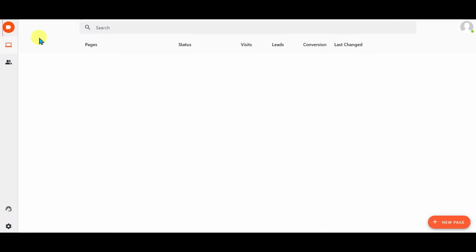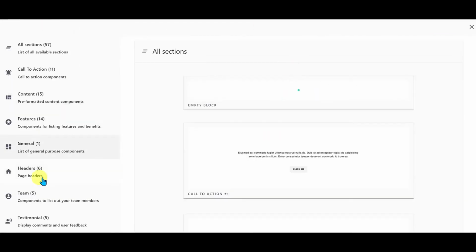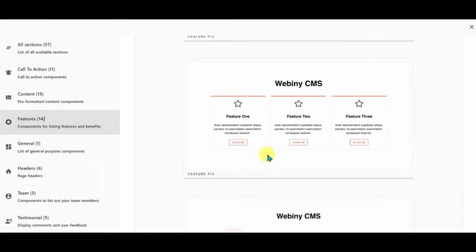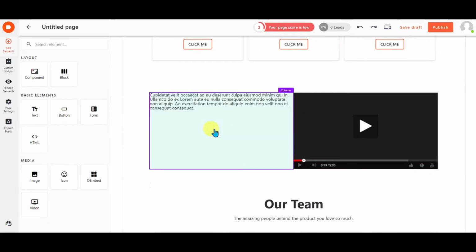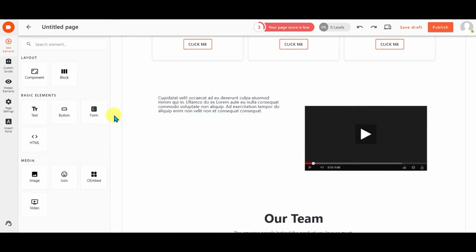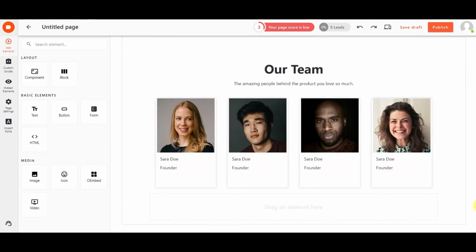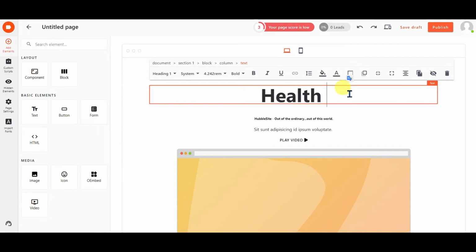Now back to the landing page builder. If we start a fresh web page and choose a blank template, we can simply grab a variety of different components and put together a website in minutes. Once you have the structure of your landing page ready, you just need to add your own info to it.